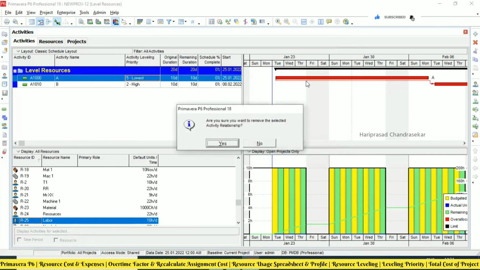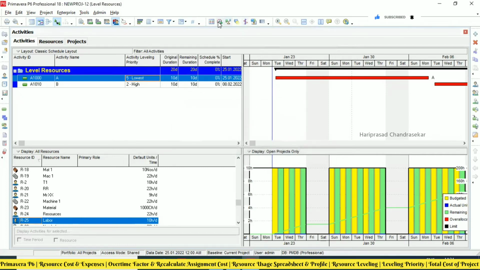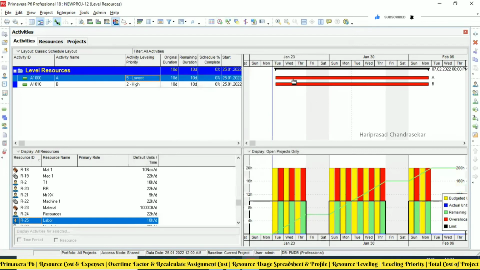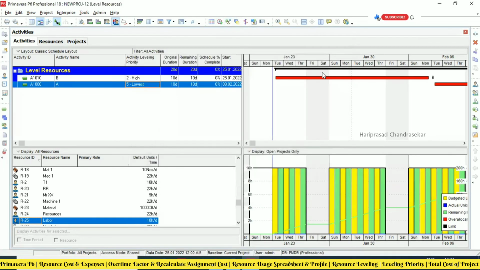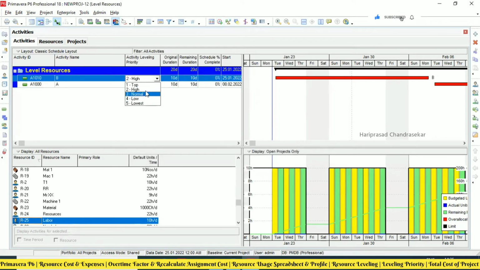So when we delete the relationship and then schedule back, now we will try to level. So this one high, obviously this one high, right? That's why we should put lowest. See, now you can see, right? Yeah, actually I didn't see here. It is changing.